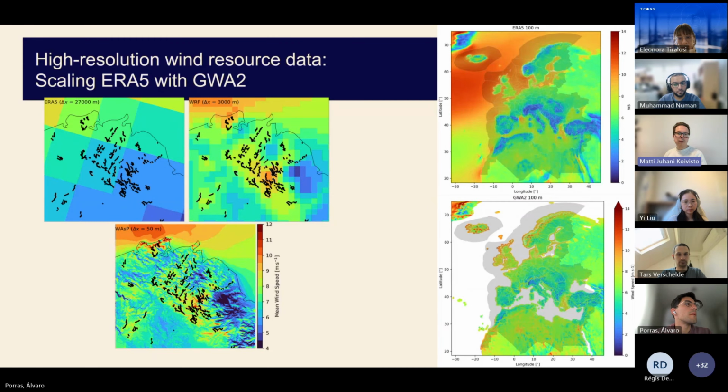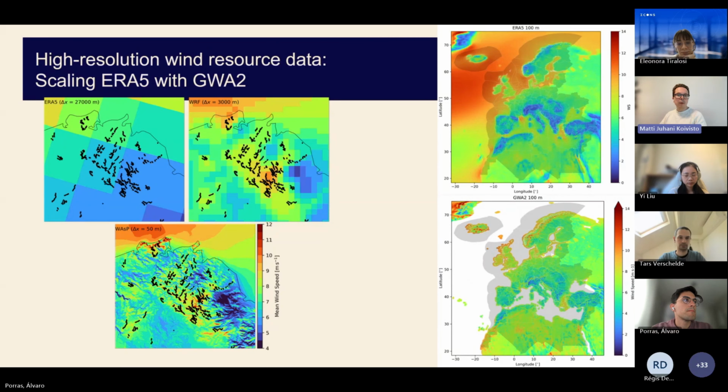So on the left-hand side, you will see the ERA5 in the top left with around 30 kilometer resolution. The black dots in this example region are turbine locations. And as you see, if you just stick to the ERA5, you have these very large 30 by 30 kilometer blocks modeling very roughly the actual wind turbine locations.